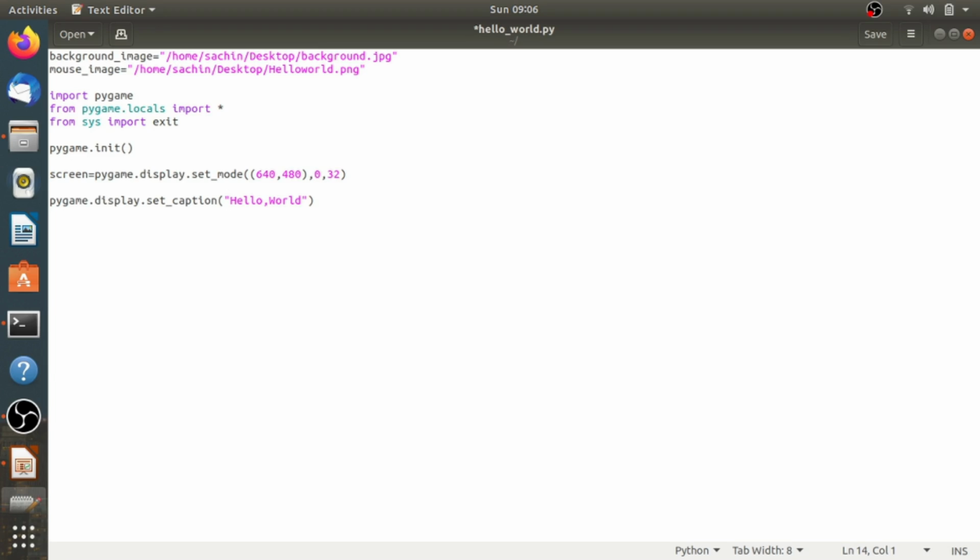Next, we have to use the load function in pygame.image to load the two images for the background and the mouse cursor. So background is equal to pygame.image.load, and here you have to pass the background image. The load function basically reads a file from your hard drive and returns a surface containing the image data.